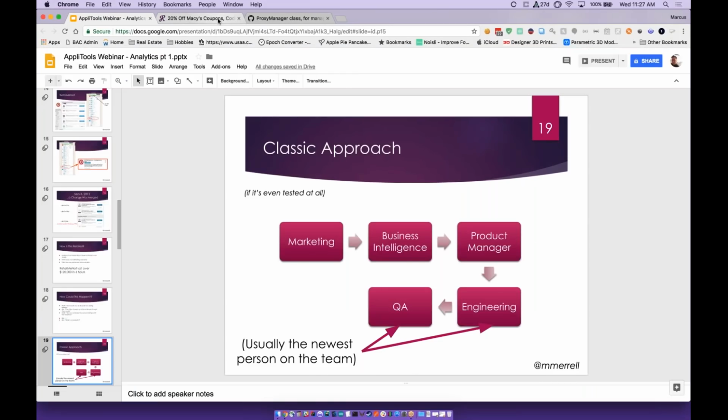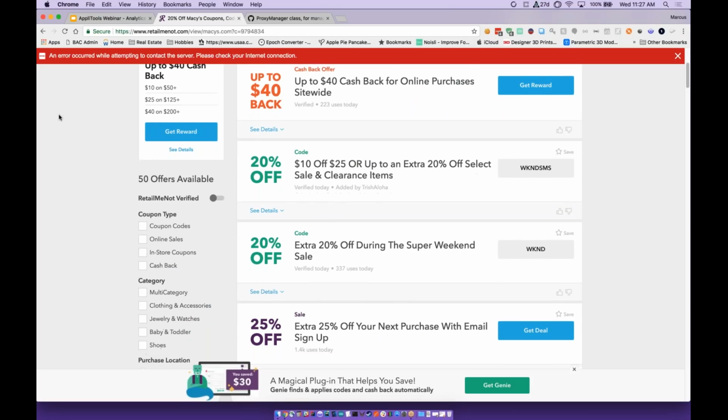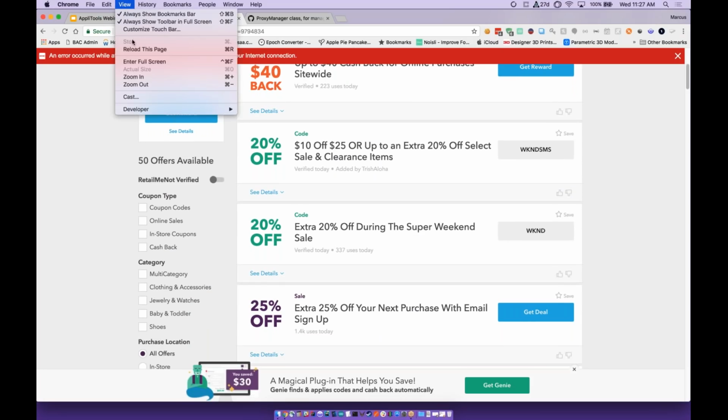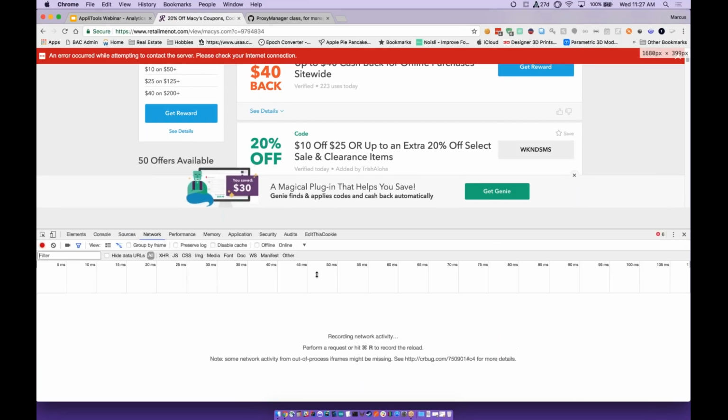So let me show you real quick, just because we're here. I want to show exactly what this looks like. Now, there is a good chance that if you go to your website or your favorite place, if you go to Google, you will see things like I'm about to show you. So if you go into Chrome Developer Tools, hopefully anyone who's in QA is familiar with this stuff. If you're not, this can become your best friend.